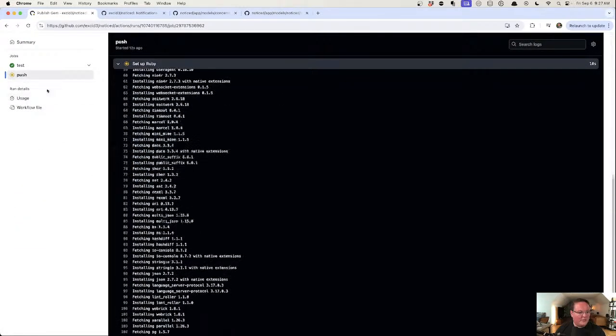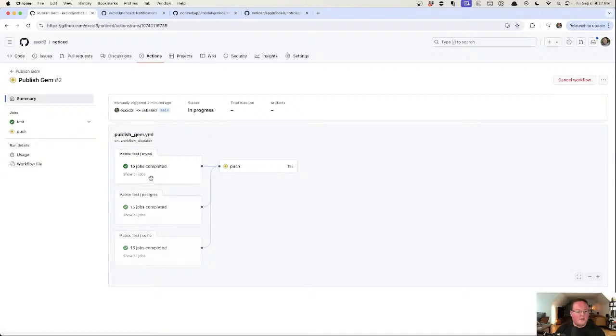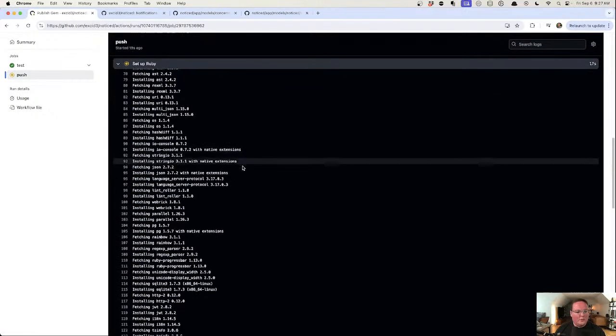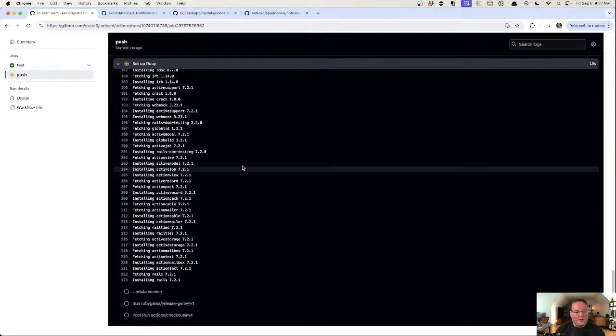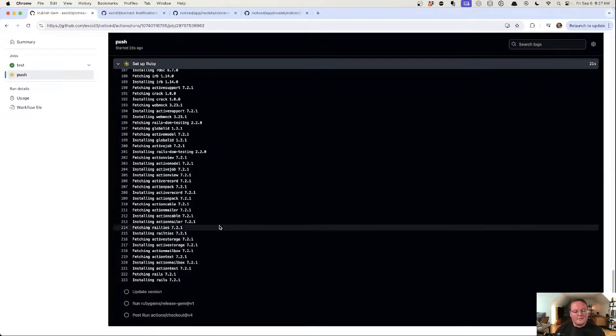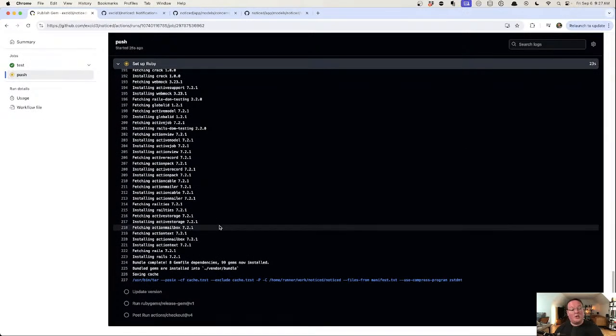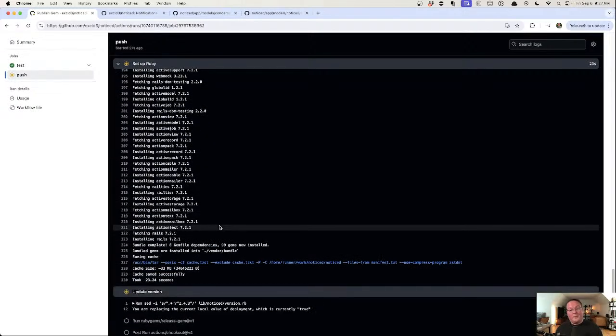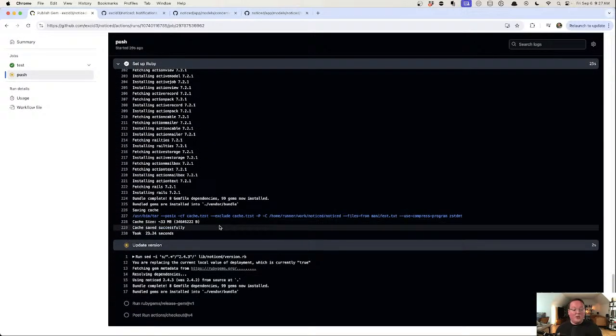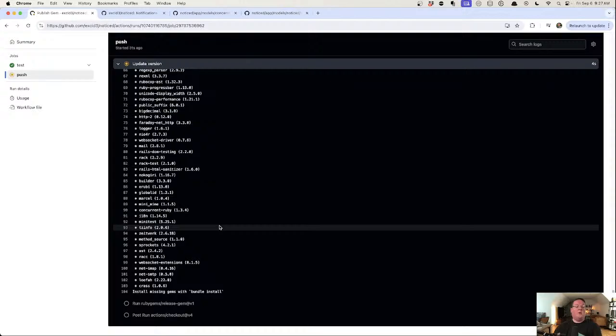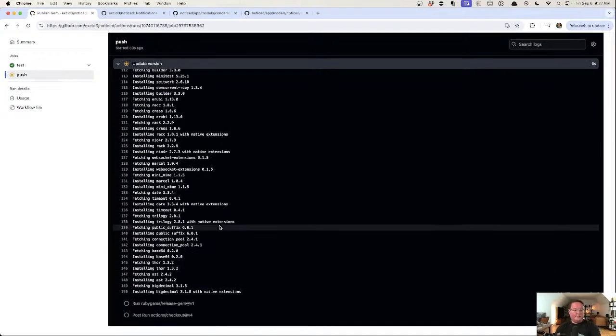So now we're moving on to the push. If we go back to summary, you'll see all those are completed, which now means push can begin, which is going to then run bundle to basically update the gem files with the new version of this gem, commit that to GitHub. Locally, I'll need to git fetch in order to pull this new thing,